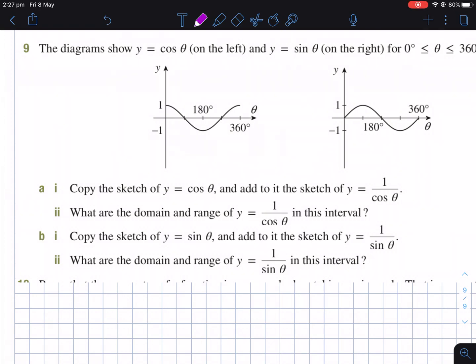Okay, so we've been given the graphs of cos theta and sine theta. We're going to practice drawing cos theta and sine theta in advance when we come back to school. Like just spend a lesson literally drawing them over and over and over again. And we're going to add to it the sketch of 1 over cos theta. Now the important things to remember, so the max,